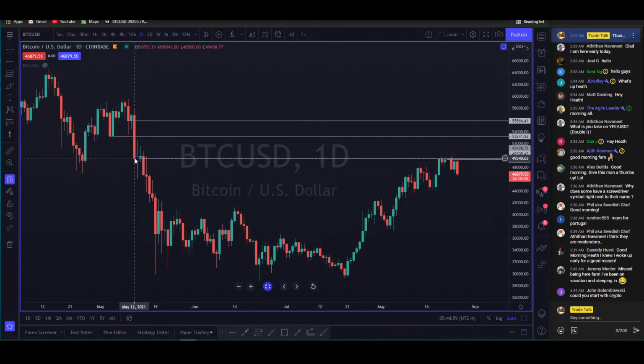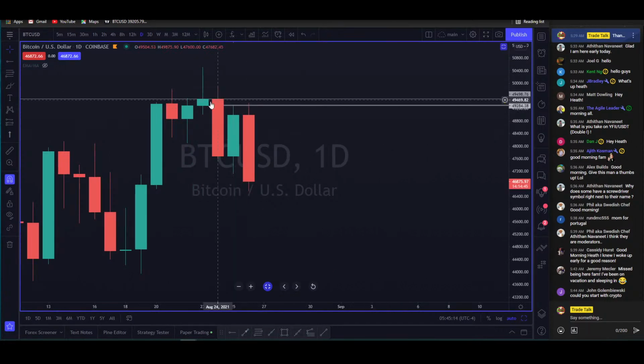Here is resistance. It has been resistant since we pushed up into it the first day. 1, 2, 3, 4, 5, 6 attempts to get above resistance, and it could not do it. Last night, I basically said, there is your daily level. This took out support to the downside. This bearish candle is your support. All bearish closes, it doesn't matter what time frame, in the section of price where the order flow is recent, is your support level. There is your break and your close below the support level.